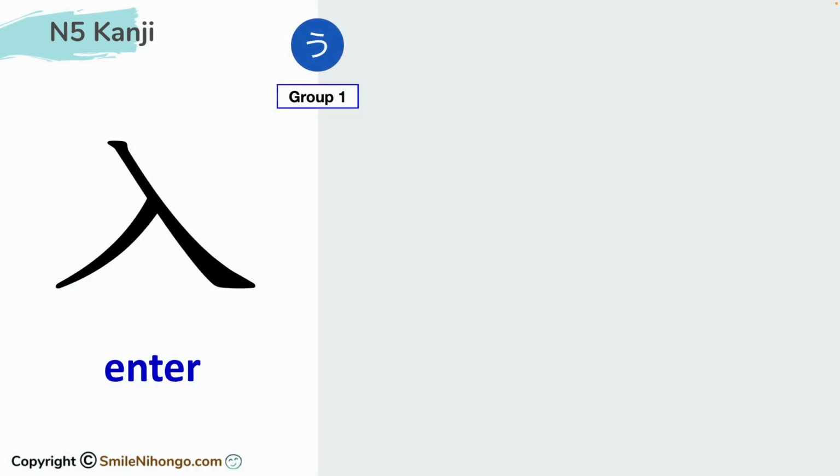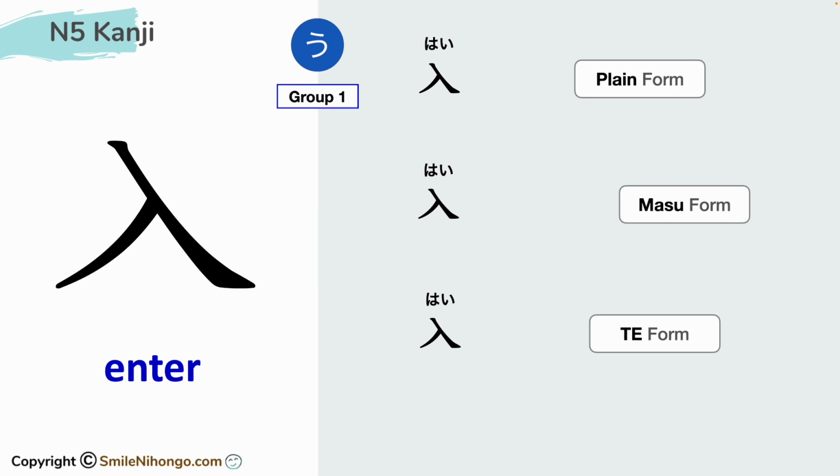では次の漢字です。We use this kanji for the verb enter, and as a verb, the reading of this kanji is はい。The verb enter is a u verb or group 1 verb, and you conjugate it like this. 入る、入ります、入って。